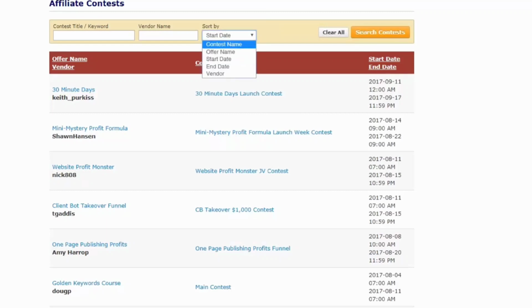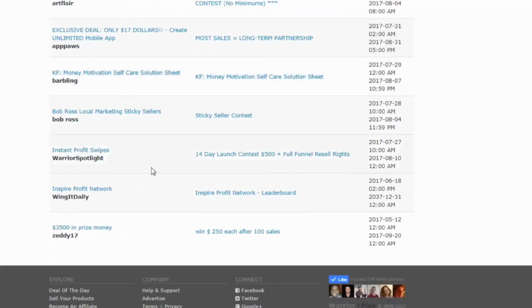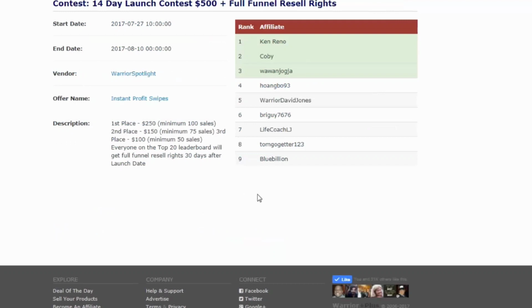And let's see if we can find one here. Okay, here's one that has started, instant profit swipes. Okay, so here's the contest, and it ends on August 10th. So you can see the affiliates that are actually promoting, and where we're showing the top 3 who are going to get prize money. But we want to show 9 because we want the other people to look at their